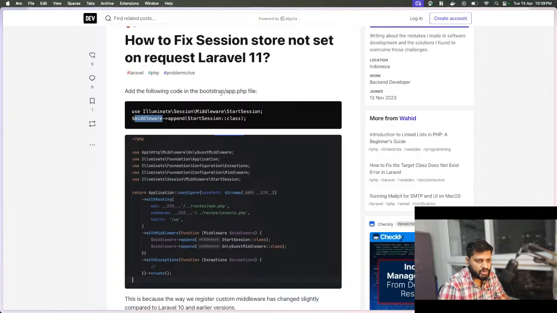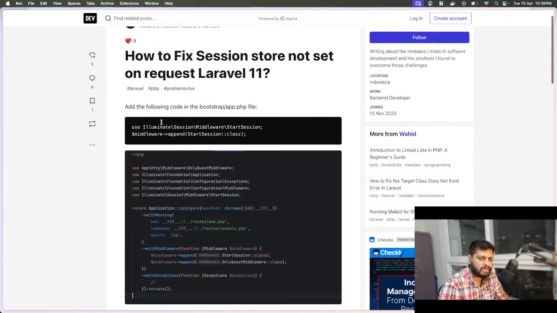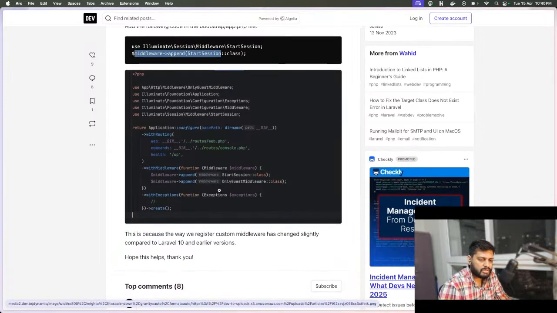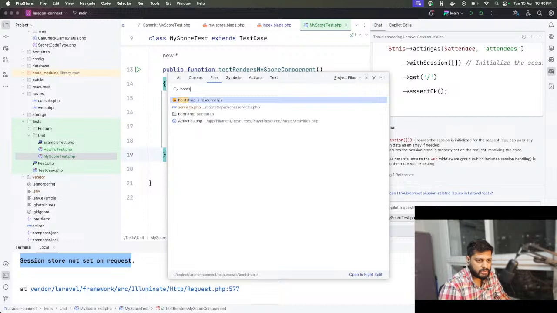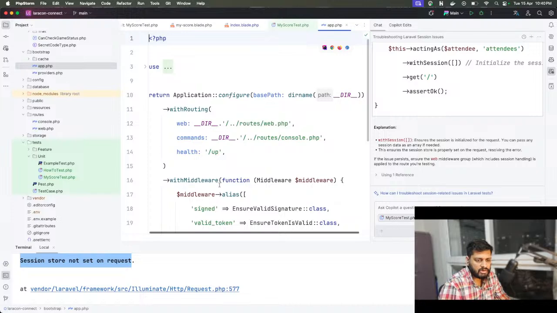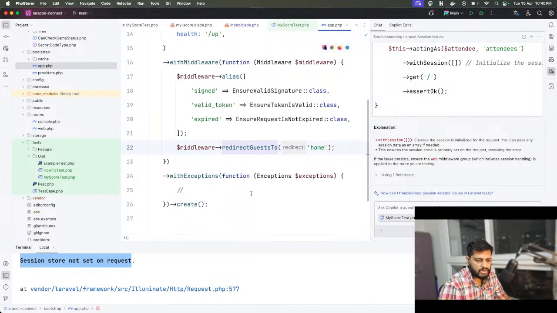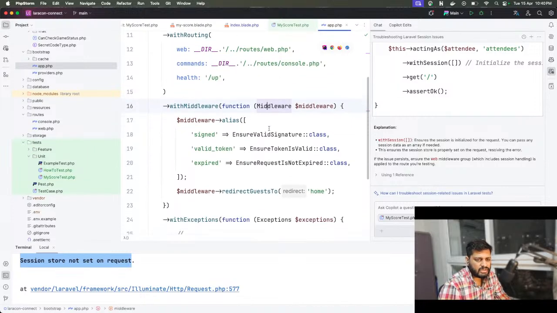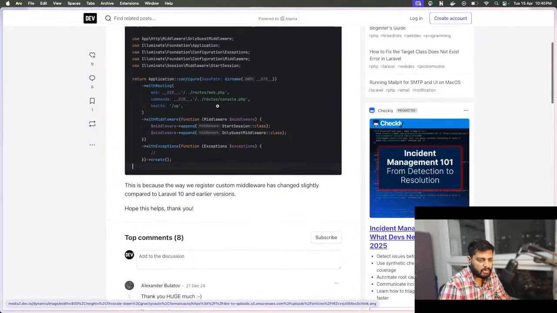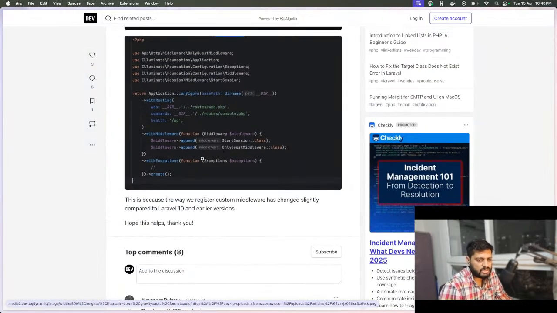Yeah, add the following code in the bootstrap app.php file. Middleware append. Bootstrap app.php middleware, redirect to guest, but this should be inbuilt. So this is what they are complaining about, the start session. API, I didn't